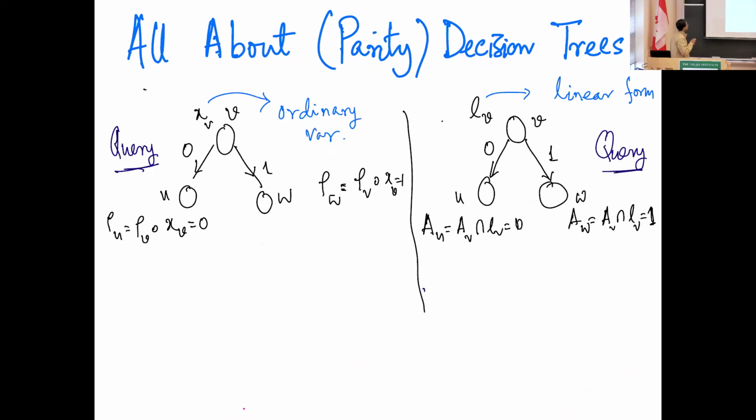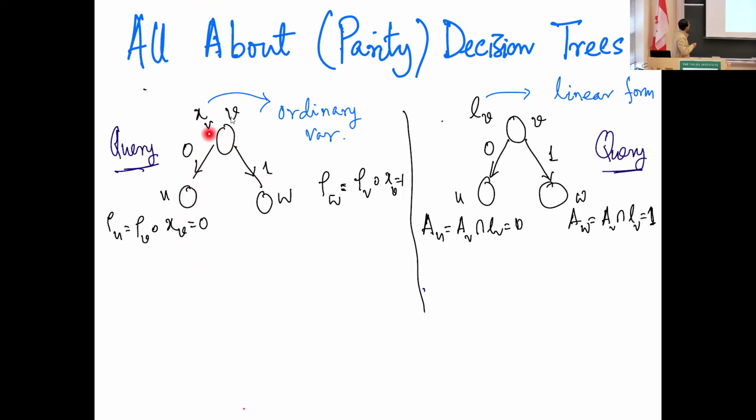Okay. And let's carefully look at these things. My claim is, and this I won't have time to get into, but it is very simple, that you can classify your nodes into two types in a decision tree which has been extracted out of a proof. One kind of node is called a query node, where it's like the usual node. You query a particular literal variable, sorry, xv. And if it's 0, you go on this side. If it's 1, you go on the other side.